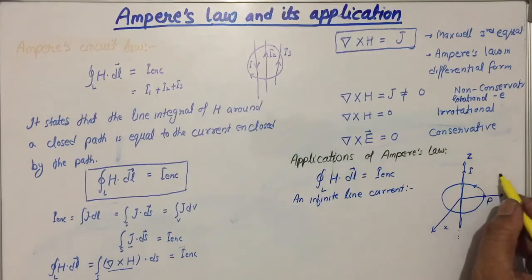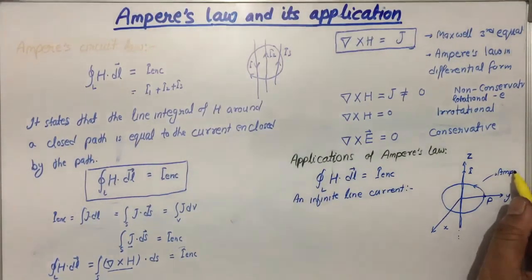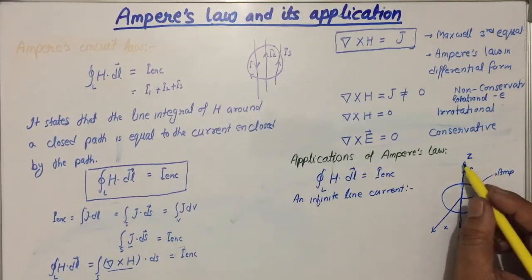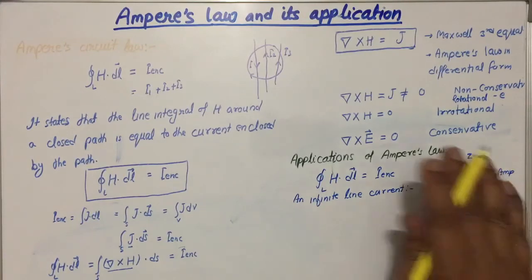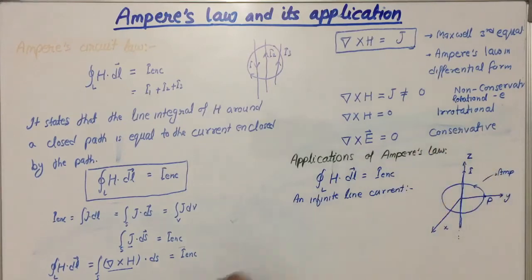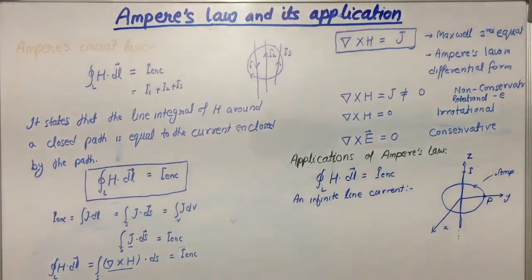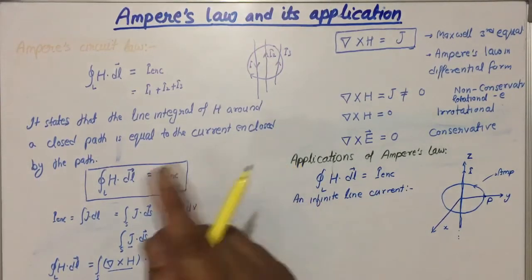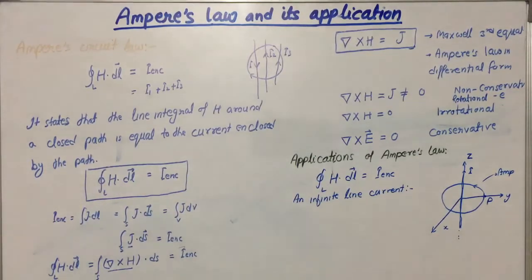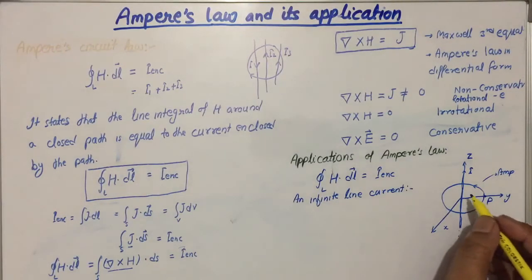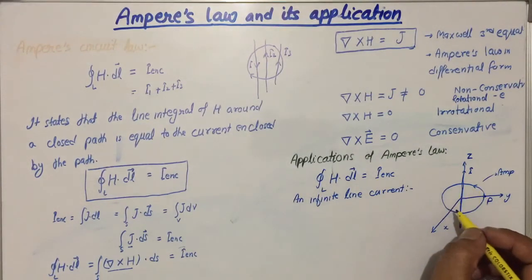So in all the cases, whether it is a line conductor, surface conductor or volume conductor, we have to consider an Amperian path that is analogous to the Gaussian surface, as we have done in electrostatics. So we choose a concentric circle as the Amperian path as shown here,